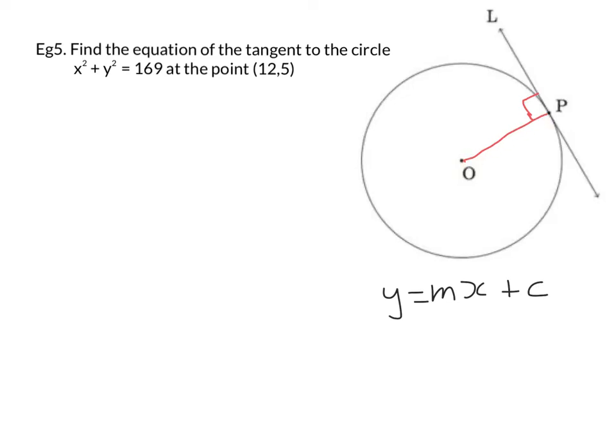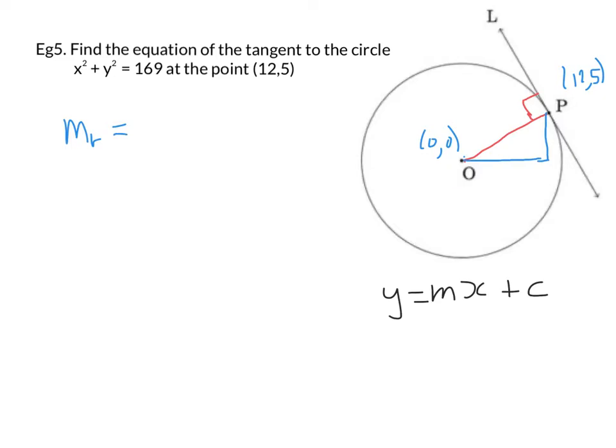So what's the gradient of the normal or the radius? To work it out, you might remember the centre is (0, 0), and the point P is (12, 5). You have maybe a few different ways to work this out. Some of you might draw a triangle and look at the rise divided by the run, or some of you might just think of it as a change in y divided by the change in x. Either way, the gradient of, I'm going to put a wee subscript r to indicate that's the gradient of that radius,